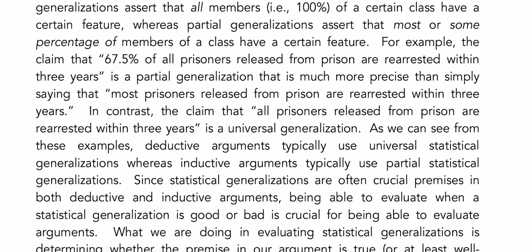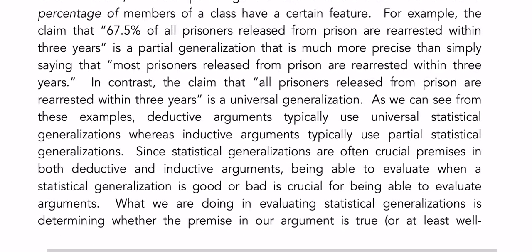So as we can see from these examples, deductive arguments typically use universal generalization, whereas inductive arguments typically use partial statistical generalization. It is the third difference between inductive and deductive reasoning, or inductive and deductive logic. Since statistical generalizations are often crucial premises in both deductive and inductive arguments, being able to evaluate when a statistical generalization is good or bad